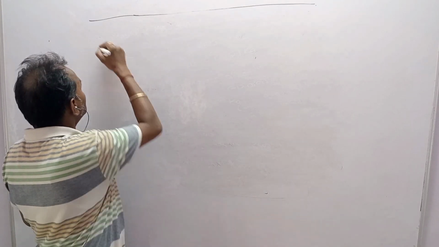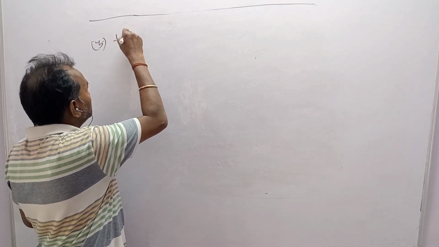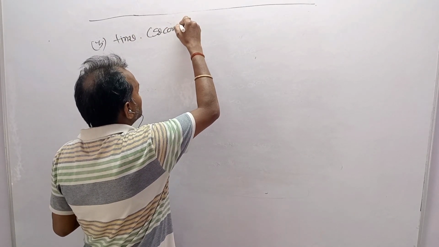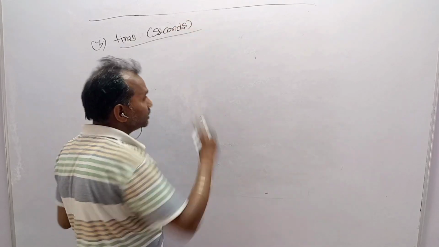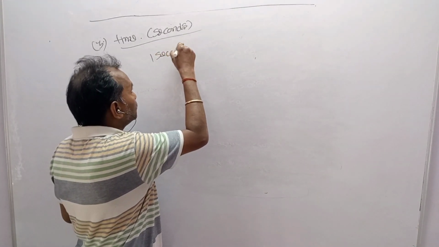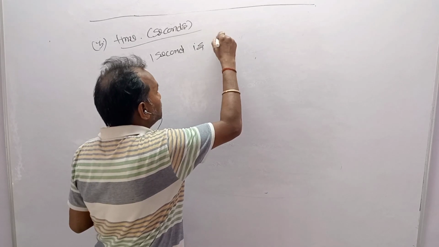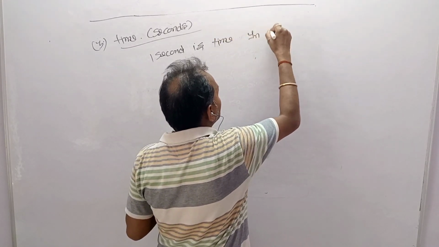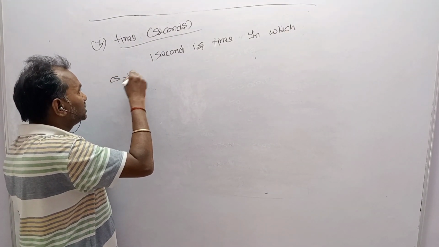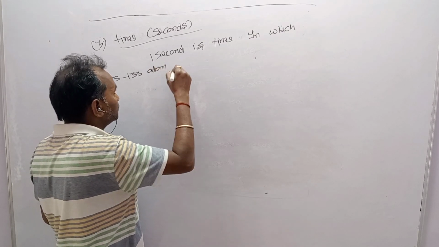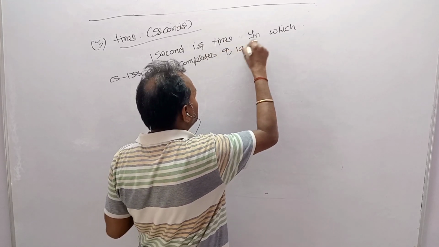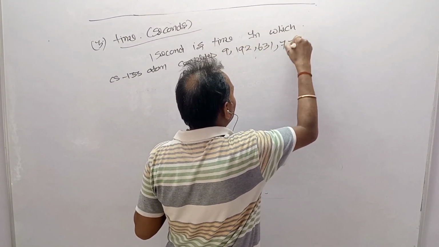Coming to the third fundamental quantity, that is time, and its international unit is seconds. Now we have to define 1 second. 1 second is the time in which a cesium-133 atom completes 9,192,631,770 vibrations,